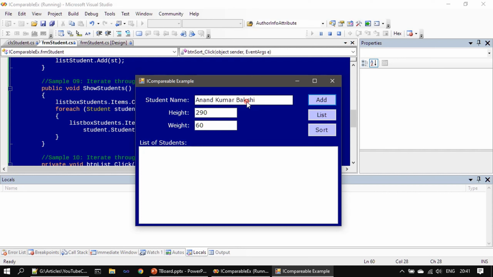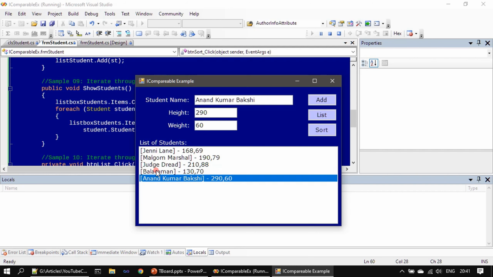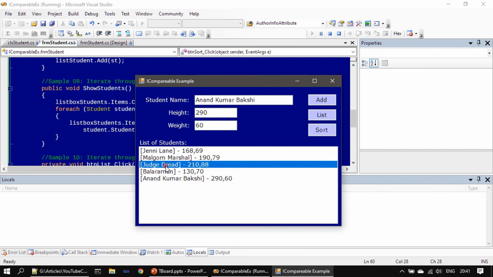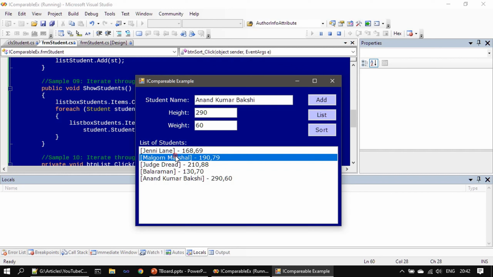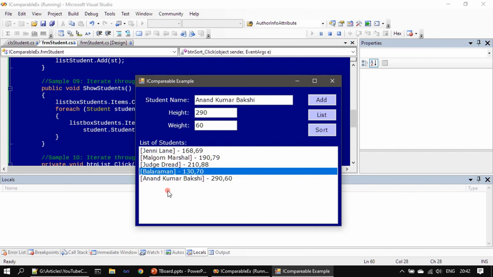Now we have the array list, and if I click list, you can see all the heights, and it is not in a sorted order. If you see, this one is the tallest person. The next, Anand Kumar Bakshi is the tallest person. Next, Morgan Marshall. After that, Jenny Lane, and finally comes Balaraman. So now here we are performing the sort,